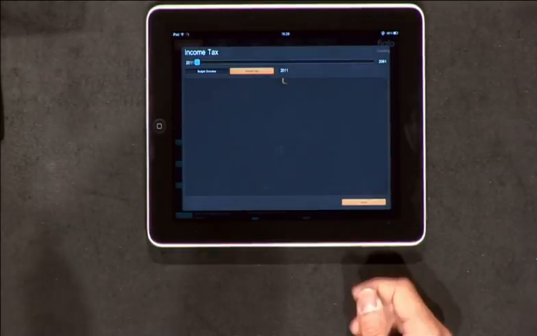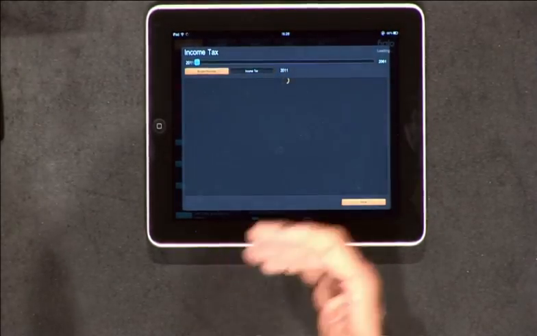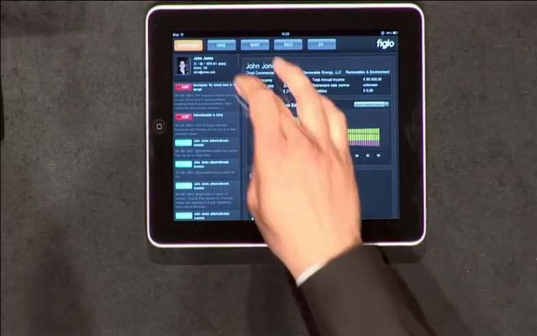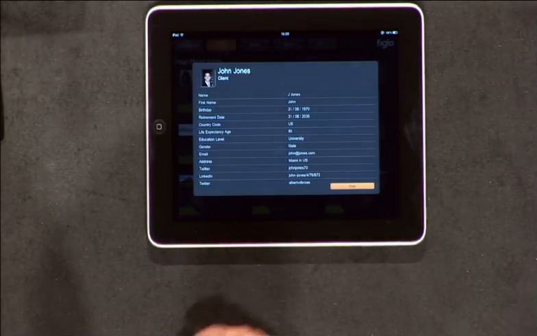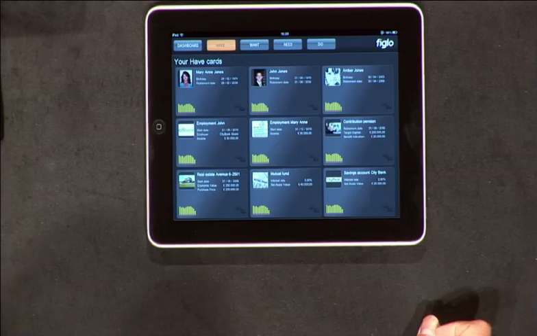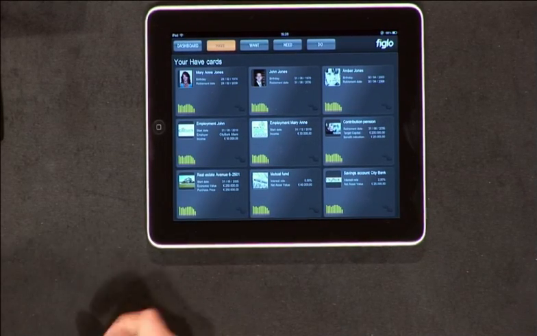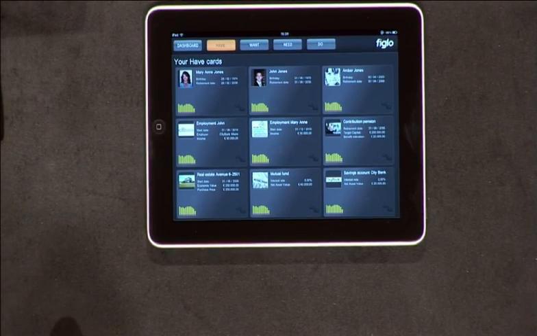We can pull up things that are appropriate for his investments. We can actually drill into the income and expenses and take a look at the budget. We can take a look at the income tax that they may be paying in certain years. We can forecast that for them. We can go through the same sort of interface and see what they have and what they don't have. So truly what we've done here is created an interface that allows users to really grasp and make their financial plans a lot more intimate, and they can work very closely with their advisors to build out those plans.